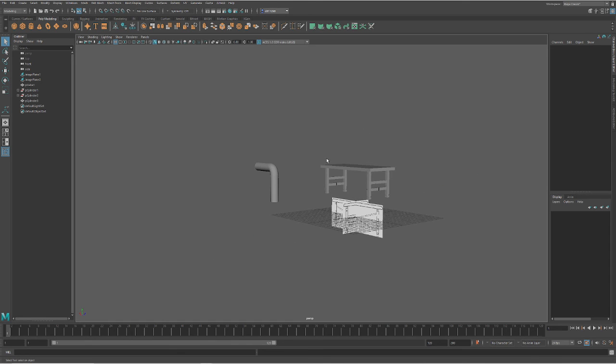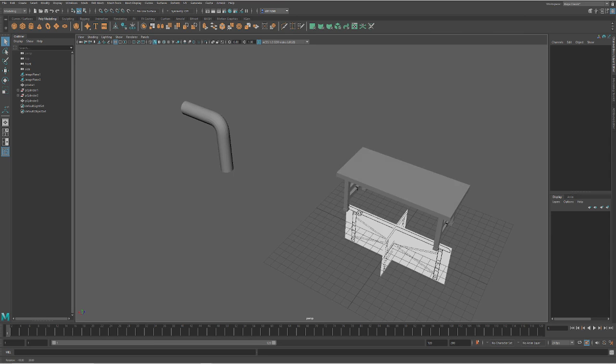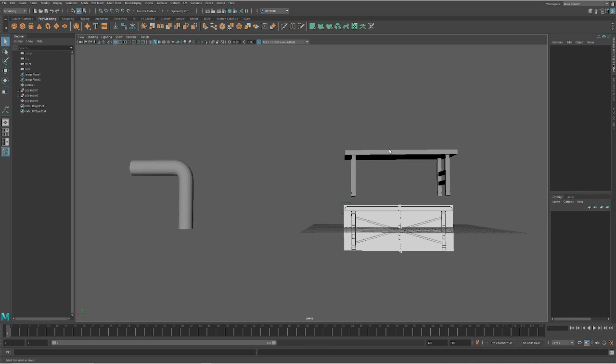Alright, so you've got to this point in your table. Go ahead and fix that. Your edges should be beveled. I had to recreate mine because I deleted